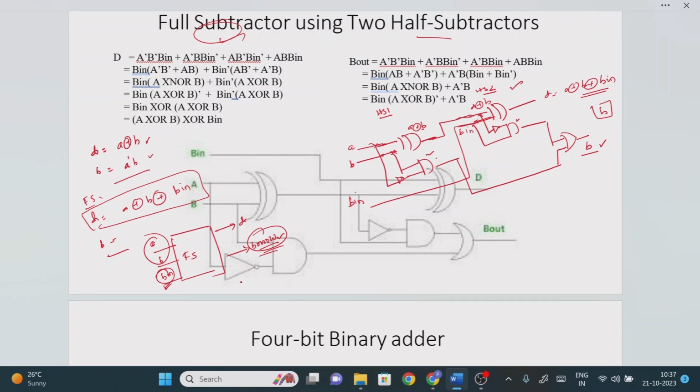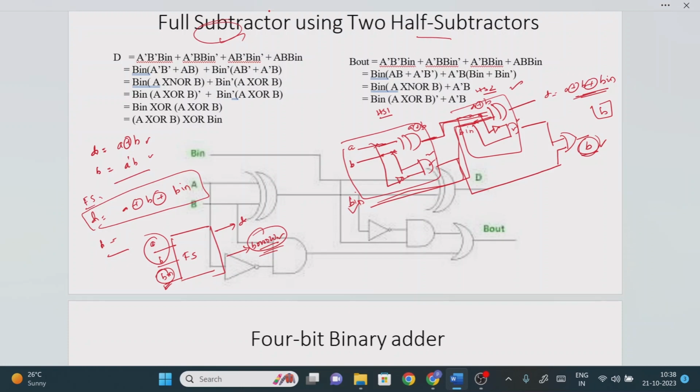The design is pretty simple. You just remember the half subtractor expressions, then draw the logic circuit diagram. Then you take any one of the input terminals as the one more input and connect the other to it, and you will find this. Here borrow will be produced at the AND gate, so we will have two AND gate outputs. What we are going to do is perform the addition operation so that you will find the single borrow, by using the OR gate operation.